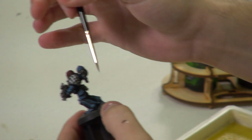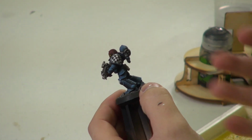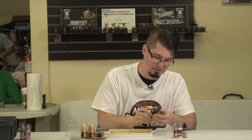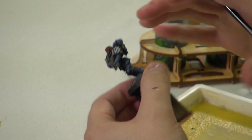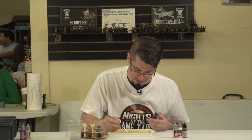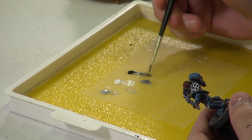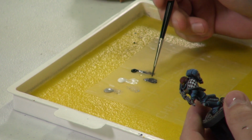Now we have a small edge highlight on the bottom of each white square, and that's making that pattern pop out just a little bit more, and it's increased the size of each square so that they match the black squares better in ratio. So now I want to do the same thing with the black square. So I'm going to take my black and I'm going to mix up a medium to dark gray, and I'm going to use that as my edge